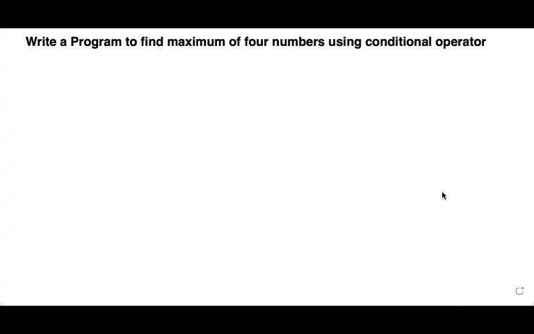Hi guys, in today's class we are going to discuss the logic behind finding the maximum number among the given four numbers, and that too using the conditional operator. In the previous lecture series, we discussed the main basics related to the conditional operator, and we also did a program on how we can find the maximum of two numbers or maximum of three numbers using the conditional operator. But this topic was left where we are supposed to find the maximum of four numbers using the conditional operator. Now let's talk about the logic first.